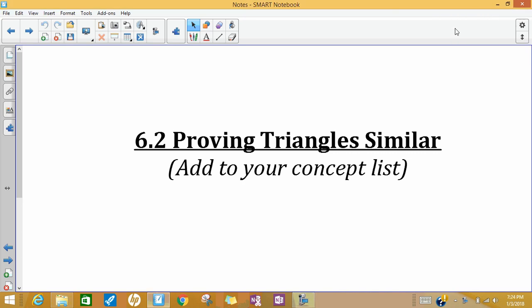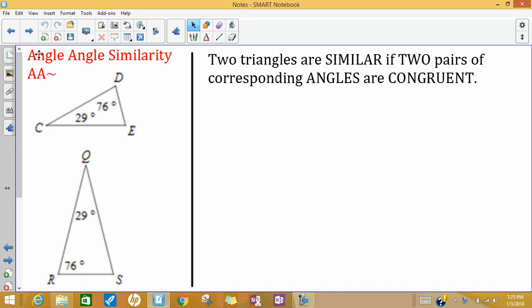Hey guys, today we're going to talk specifically about similar triangles, and more importantly, we're going to talk about theorems that prove that two triangles are similar. It's going to be a lot alike or similar to when we talked about theorems for congruent triangles. So there's three special theorems for similar triangles, and I have given you a space in your new flipbooks to